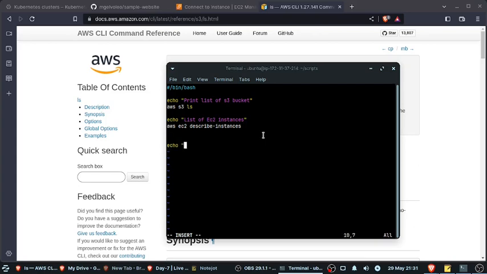Another command is echo. We will output the list of Lambda. Okay, and the command should be lambda list-functions,